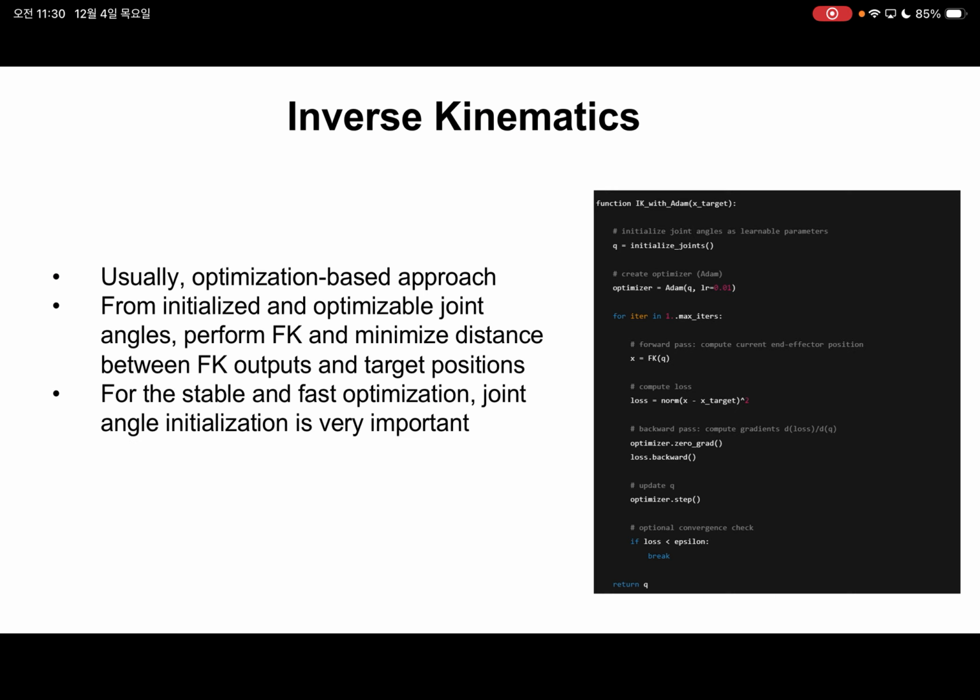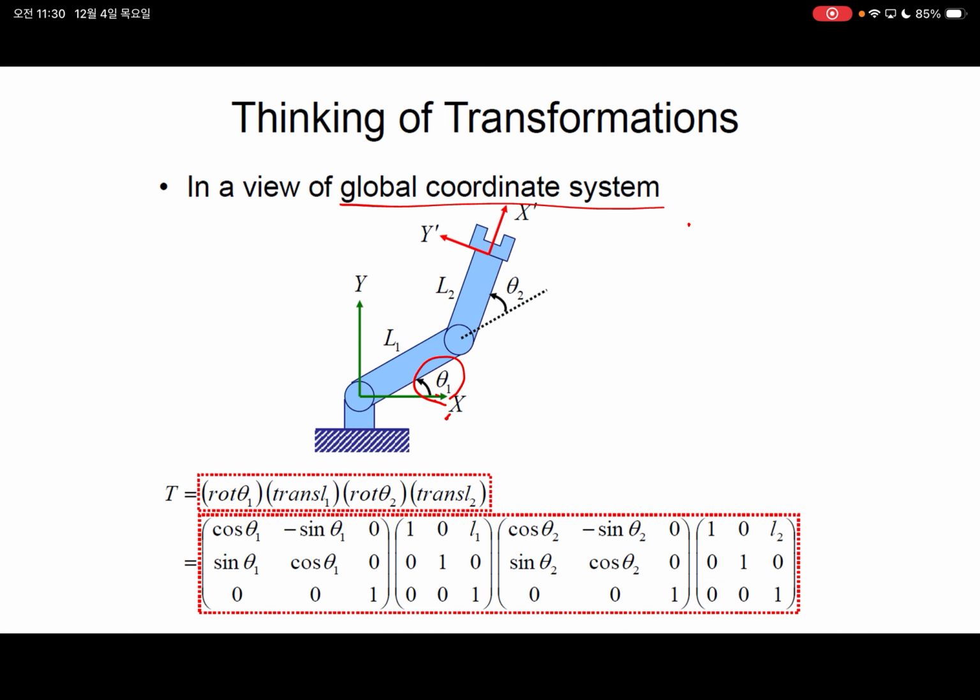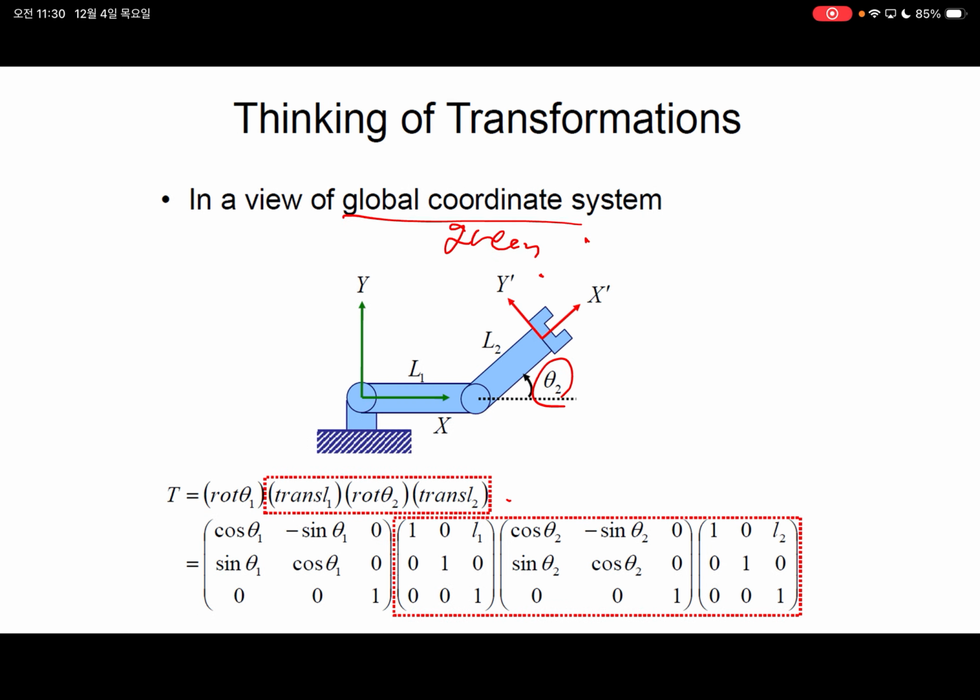And I think it's a little bit hard, but the important thing is that we have a kinematic chain. We have a kinematic chain here, and then we apply rotation and length of the robot parts so that we can get the position of the end effector. That is the goal of forward kinematics. And this kind of forward kinematics is, of course, used in robots, but also used everywhere in computer graphics, character animation, or object manipulation. Forward kinematics is used everywhere.